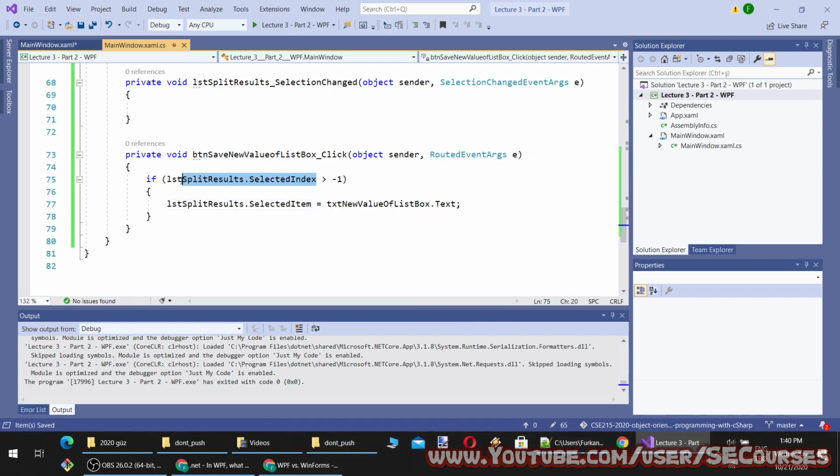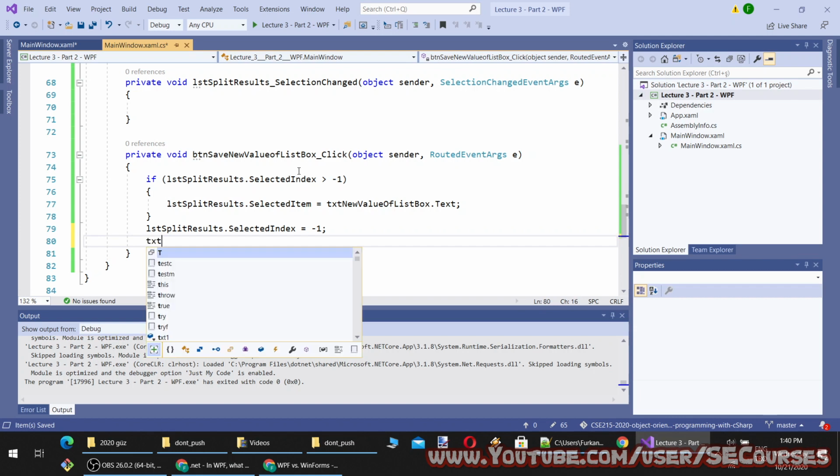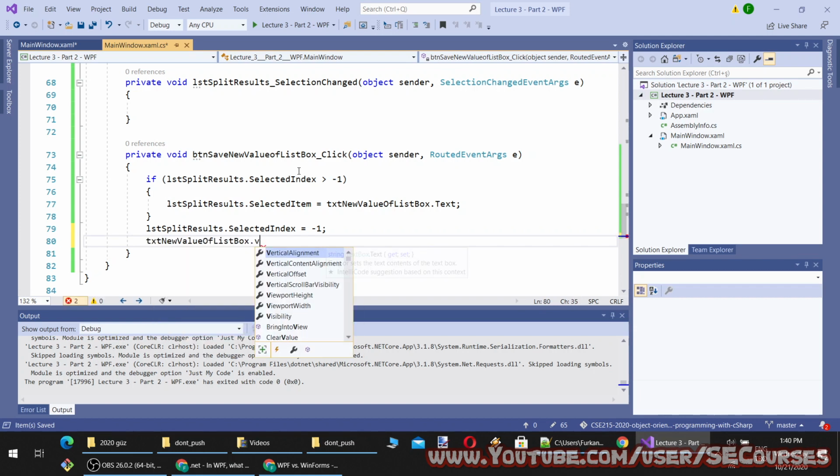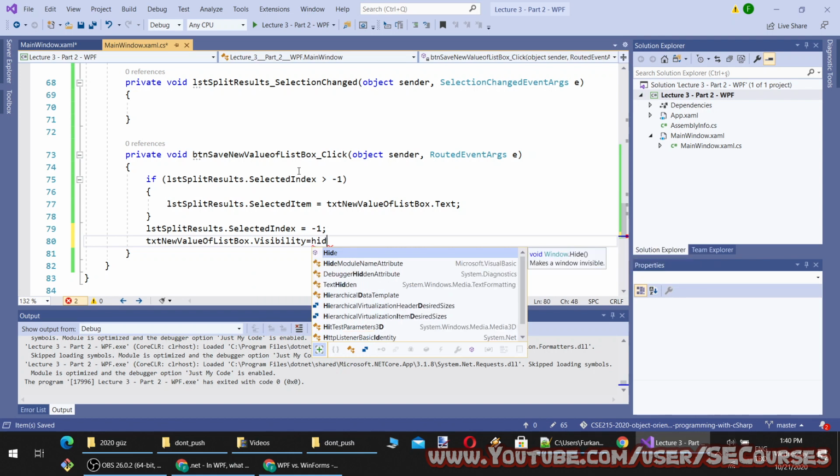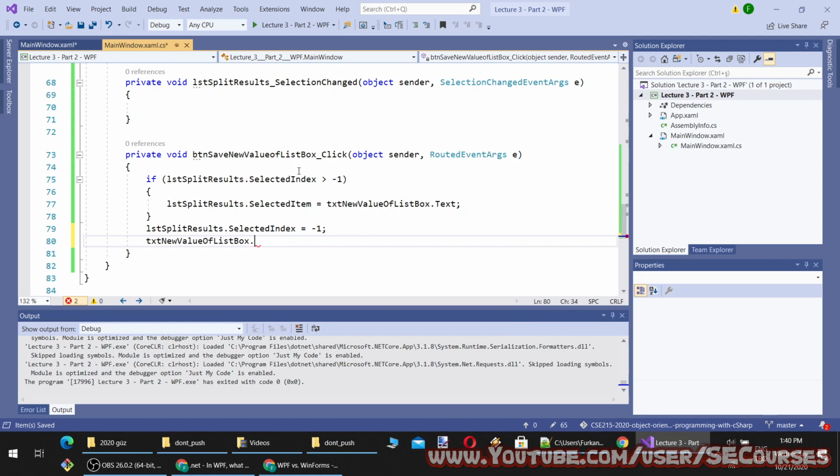And then what else? It will make it like this. Visibility hidden. False.